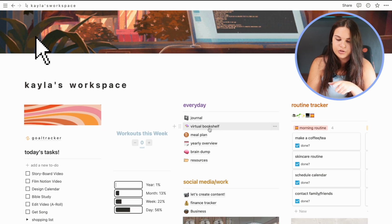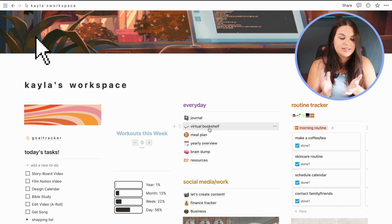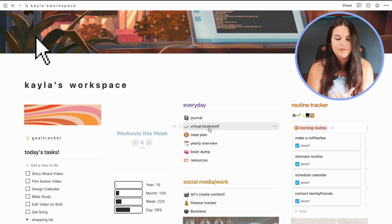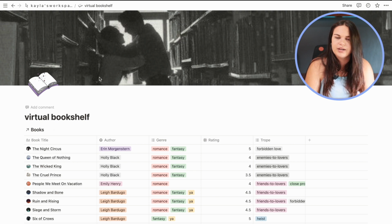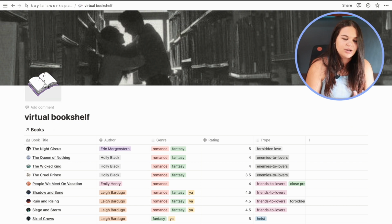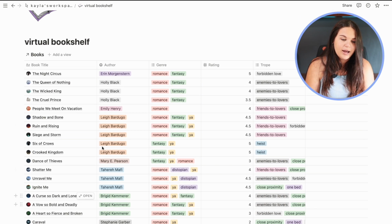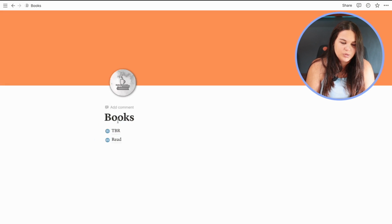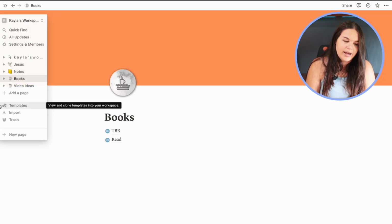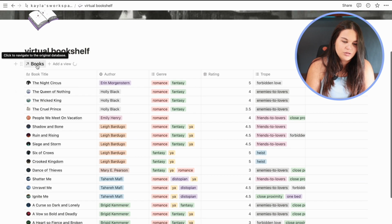Then we have virtual bookshelf. So I love reading, and tracking books is something that's pretty new to me, but I found that it was really nice, and I just enjoy it. So in here we have just a little header. I think I got this picture off Pinterest. This was here from the creator of this template, but here I actually linked, as you can see, I have this page here on the side which says books. I have a TBR in red,